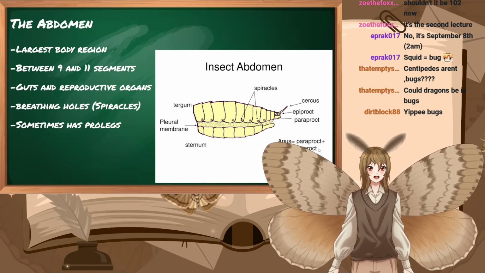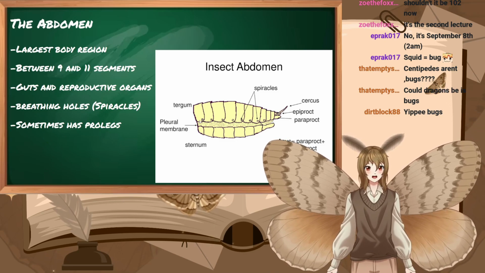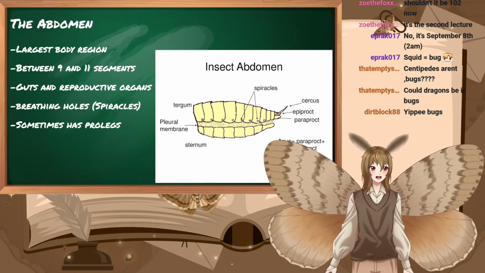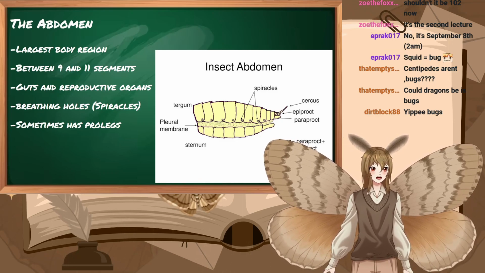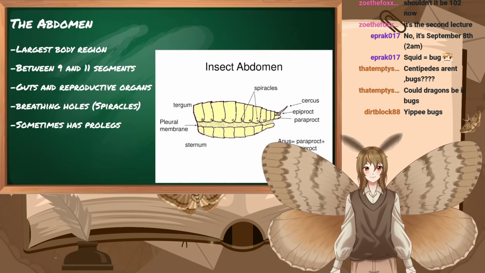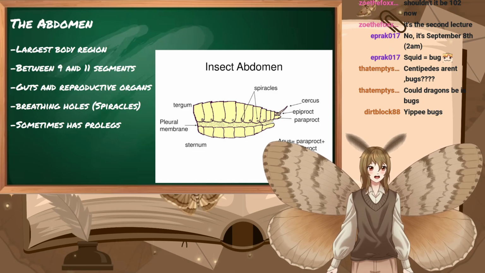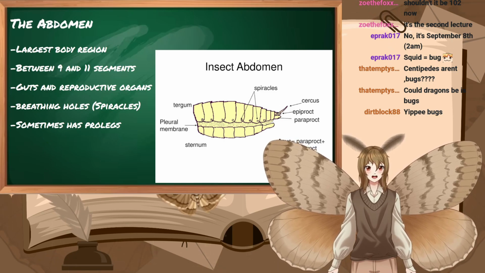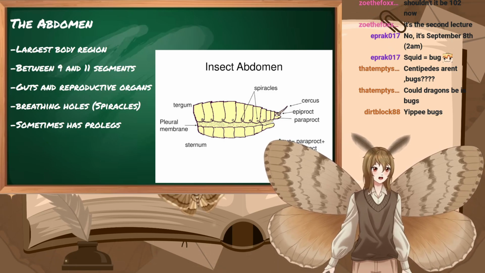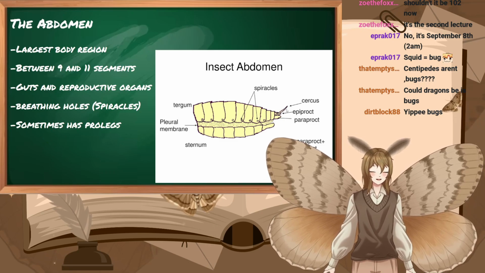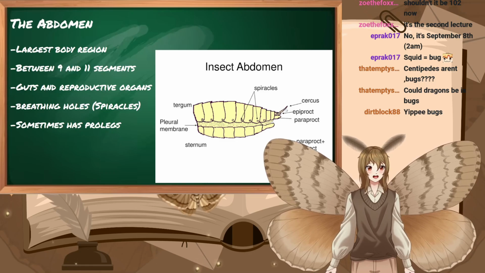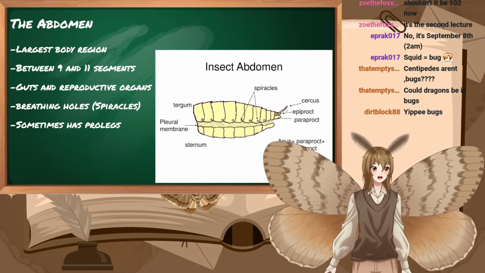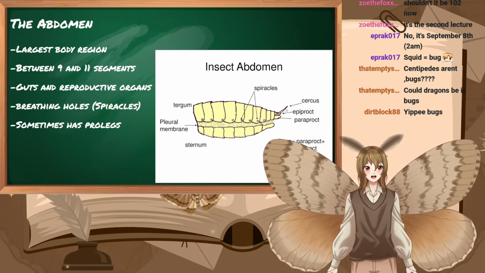You can see these little holes on the side of the abdomen at the exoskeleton. These are the spiracles they use for breathing. Not every insect does this, and the abdomen in general is very highly different in every species. But you can also see the cerci, the small, almost stabby looking thing, which is considered the hind sensor, which means it senses when something is behind them, which is very effective for prey so they can run away.